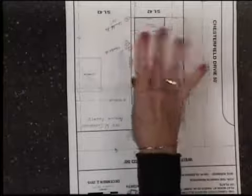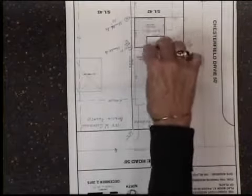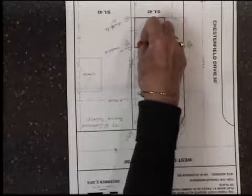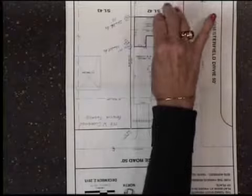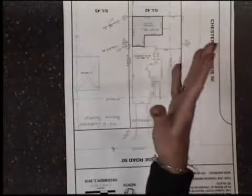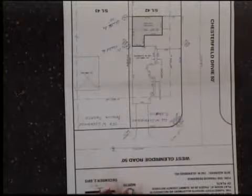I don't know how he wants to do it, but it could easily have been designed so that this can still be attached to the house, set back another, close to, less than 6 feet, and then run it down. And it wouldn't have to be as drastic as he showed with a 4-car garage opening here, which I'm not even sure would follow Turkeyfoot Heights Association. You'd have a 6-car garage in the neighborhood with overhead doors. I don't know if that's allowed or not, but